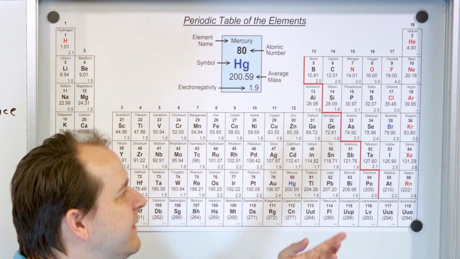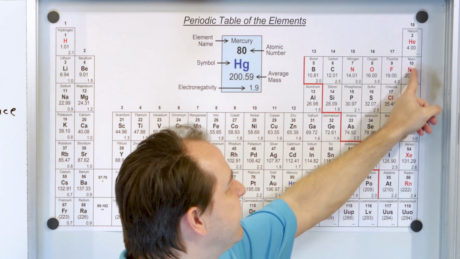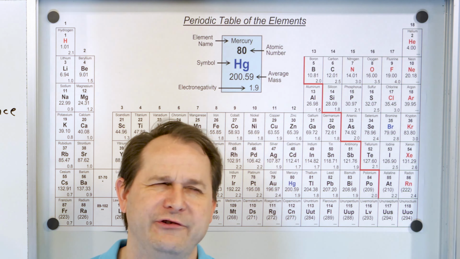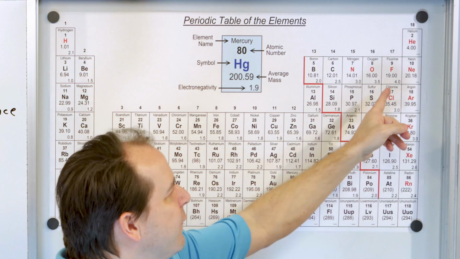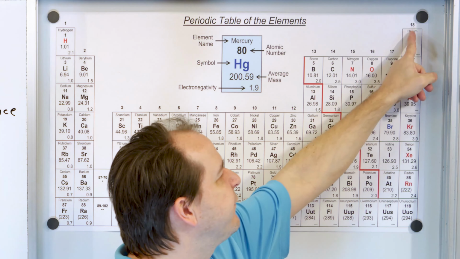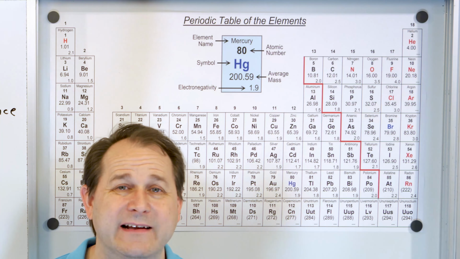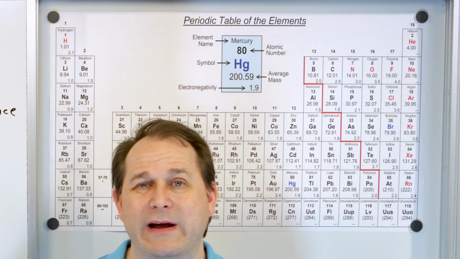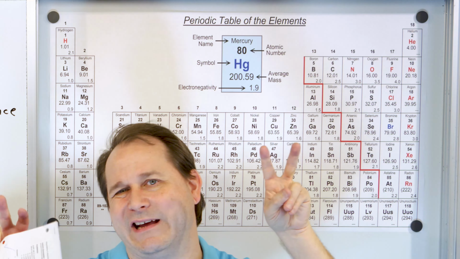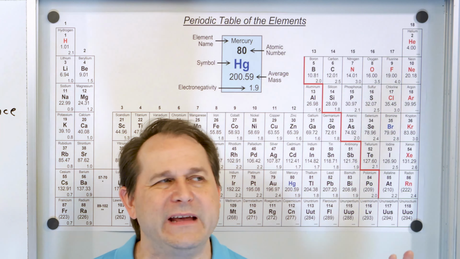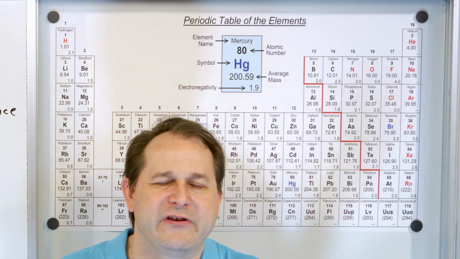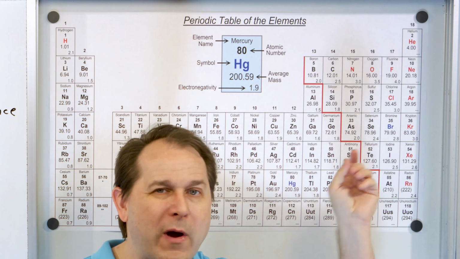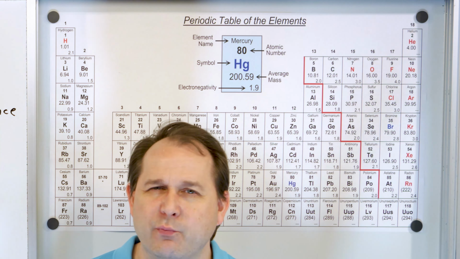Extremely reactive. But the gases over here on the right-hand side of the table in this column, remember on the periodic table, when you're looking in the same column, you have similar properties, okay? One thing that we're going to learn is that this far right column is actually not very reactive at all. And what I mean by not reactive is it doesn't like to participate in chemical reactions. Now, I use words like it doesn't like to react, or it does like to react. These elements have no feelings, okay? They don't have personalities, right? When I say it doesn't like to react, I just mean that because of the electric force and the way these electrons are arranged, chemistry really doesn't happen too much.